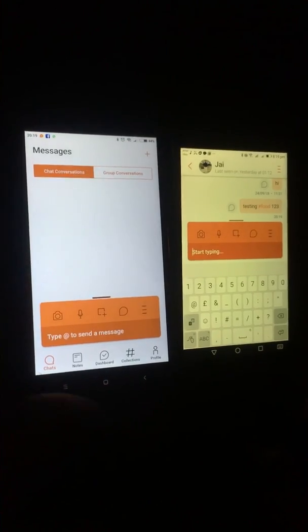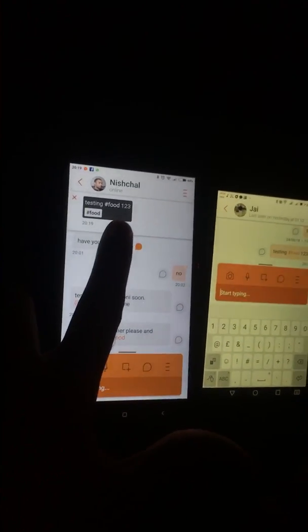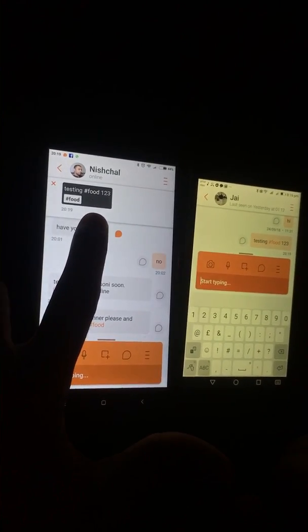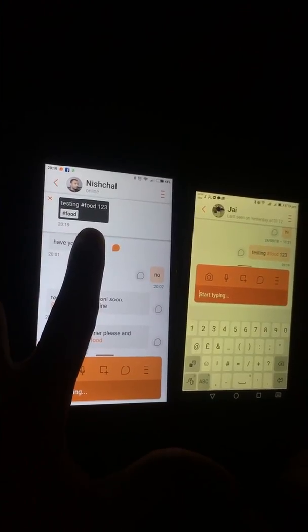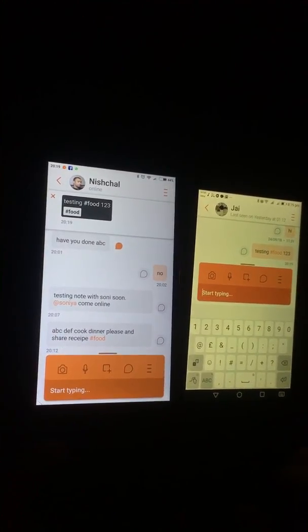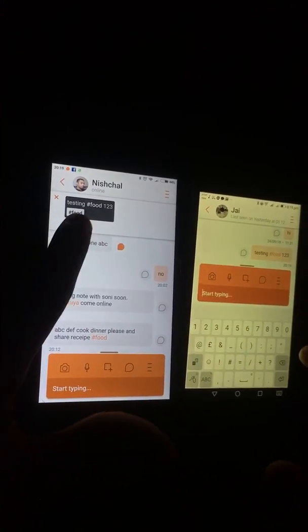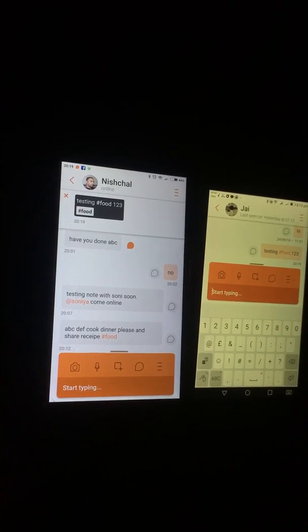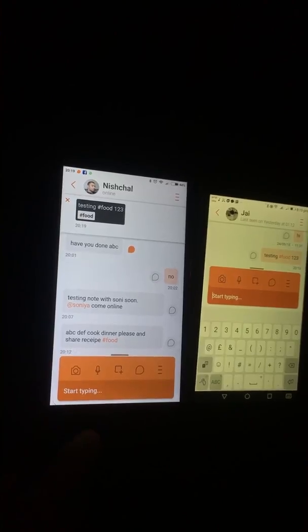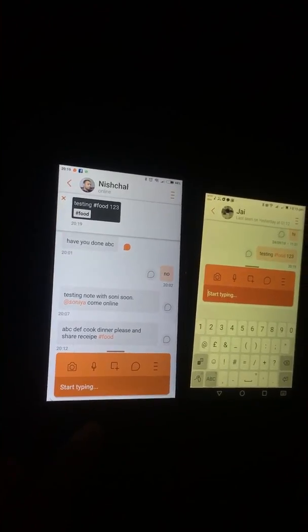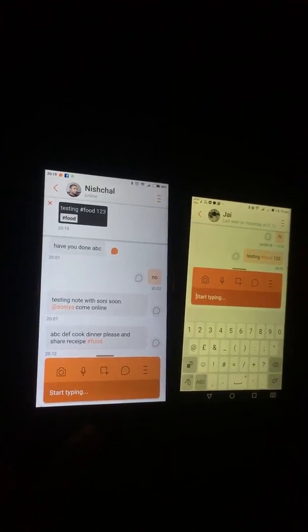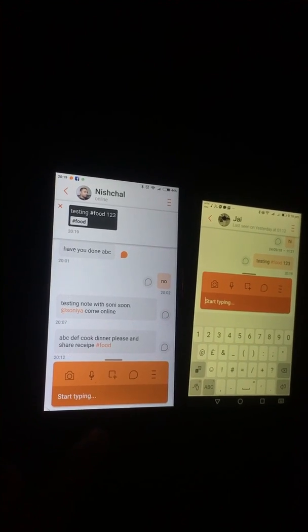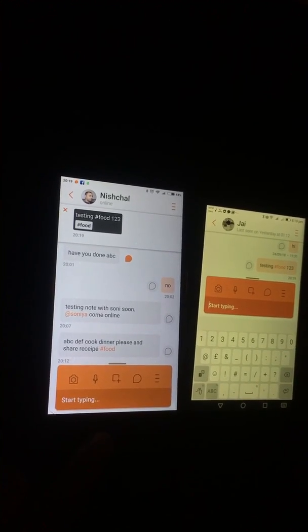When Soni Kesarwani comes, see, when she opens this, she's seeing something on top. You know why she's seeing this on top? I sent a message to Jay, so how is Sony seeing this? Because this went into the collection which Sony is following. Every time I push any content into a particular collection, it will show up as a feed to all the followers of that collection. So they can scroll through their feed horizontally.